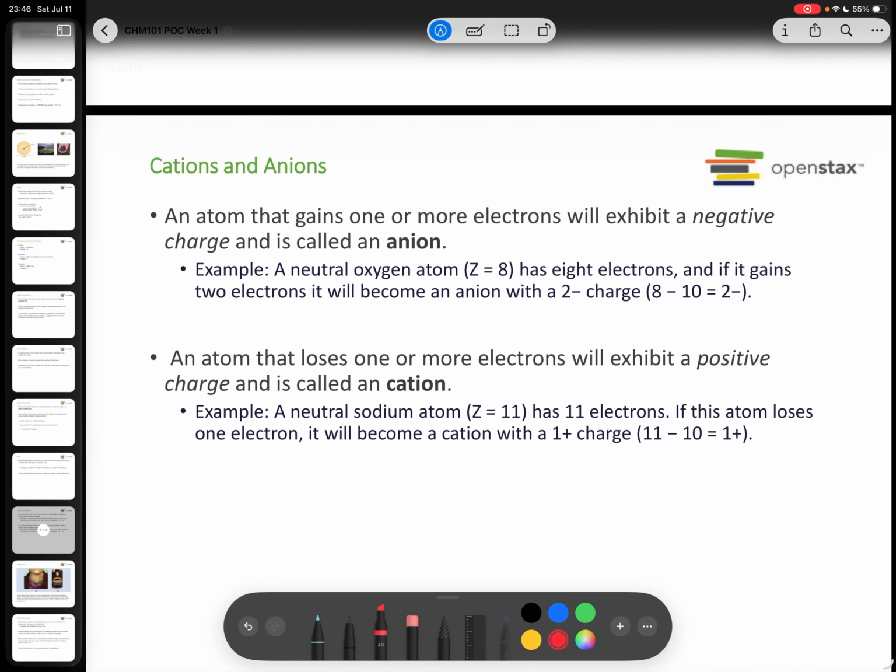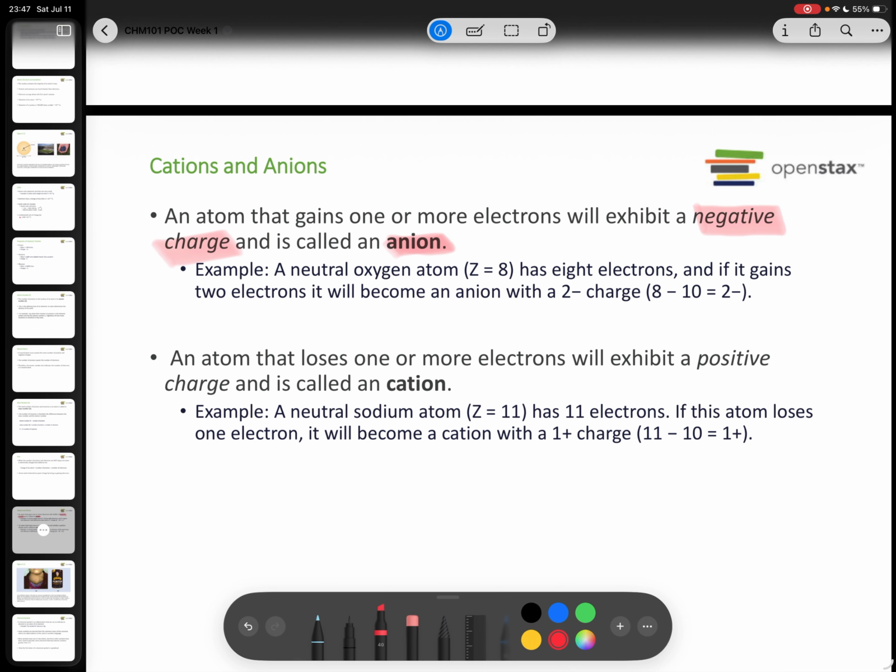So if an atom gains electrons, it becomes negatively charged, no? Siyempre negative eh. Nag-gain ka ng negative, so negatively charged, which is yung charge na electron. A negatively charged ion is called an anion, okay? Tawag sa kanya anion pag negatively charged. Okay? For example,